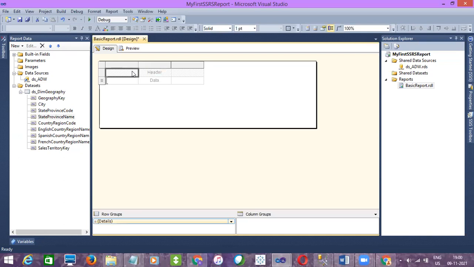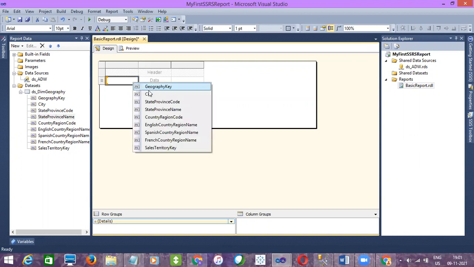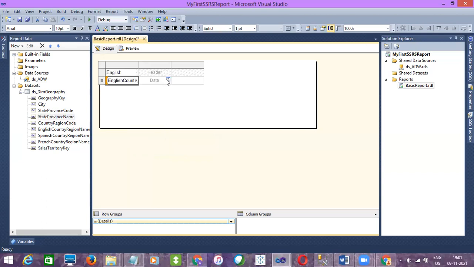See here, you can see two parts. One is header and the other one is data. Header is nothing but the naming conventions, how you want to display the data. And data, in the second row, you can see actual data. Once you click here, you can see there is one icon. If you click on it, you can see the columns of whatever data set you have created. In SSRS, instead of column, we'll call it a field name. So choose the fields here.